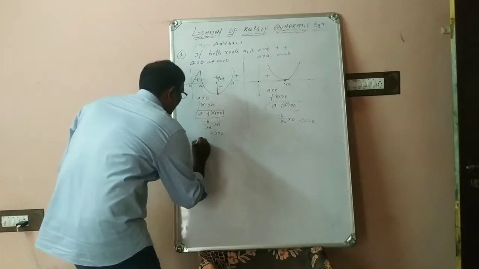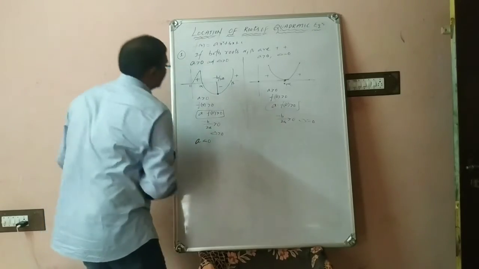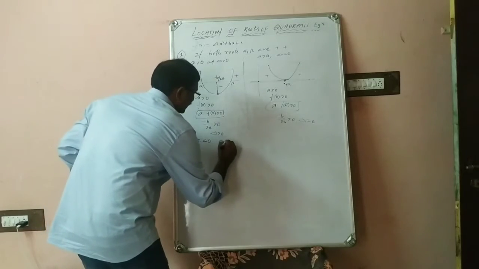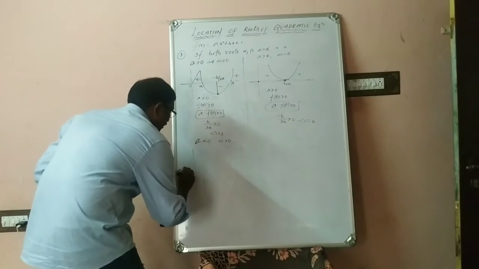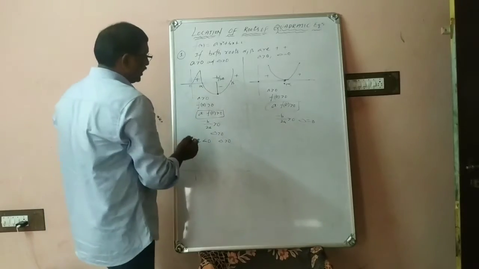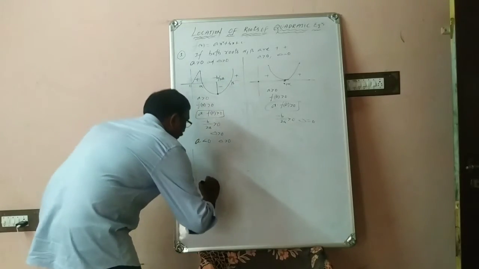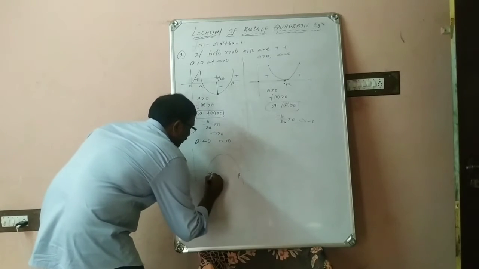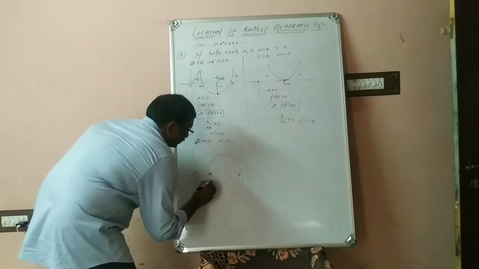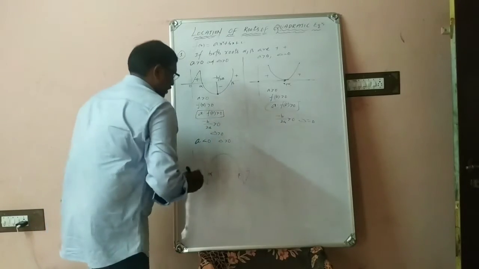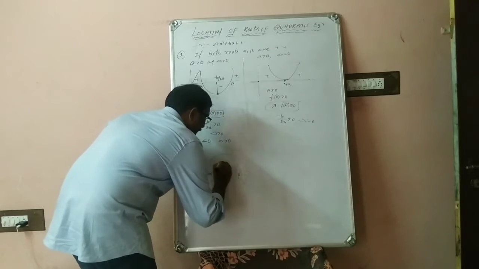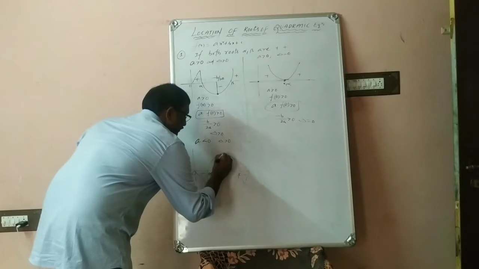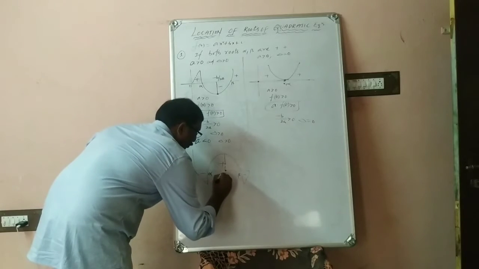What about when a is negative? Coming to a negative now, and delta is greater than 0. In this case, how will the roots be? Here a negative means what type of parabola? You will get a downward parabola. Both the roots are positive, alpha and beta. This is the origin, joined with a parabola, here also joined with the parabola. By using the wavy curve method, this is negative, this is positive and this is negative. Where are we getting a maximum value here? At what point are you getting it?